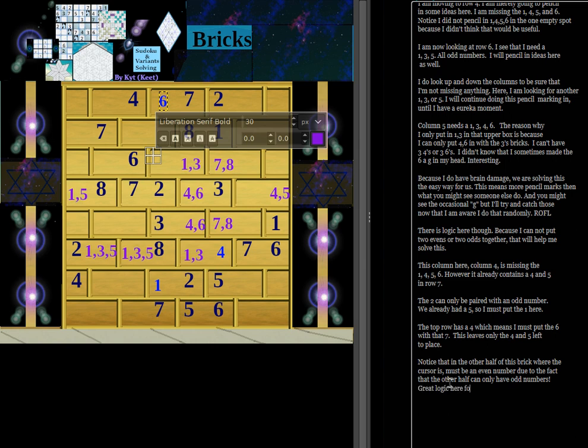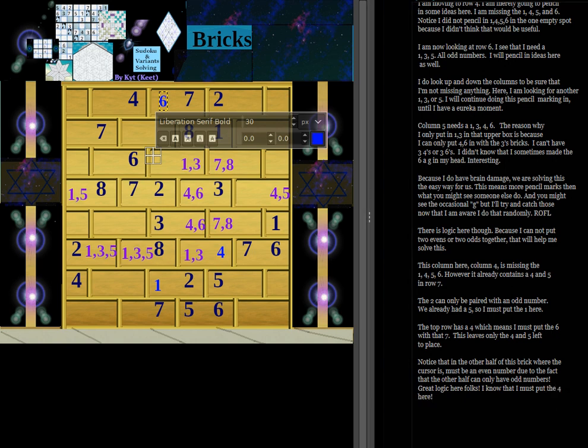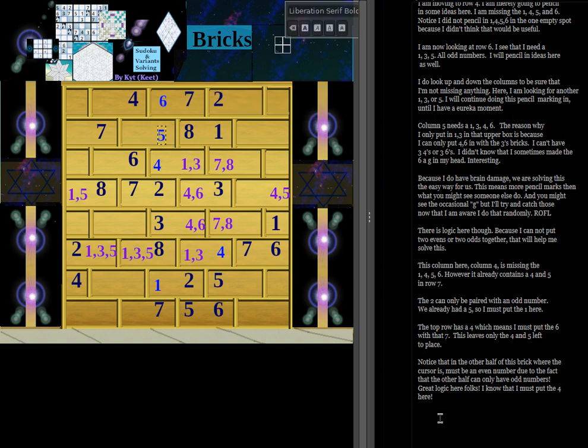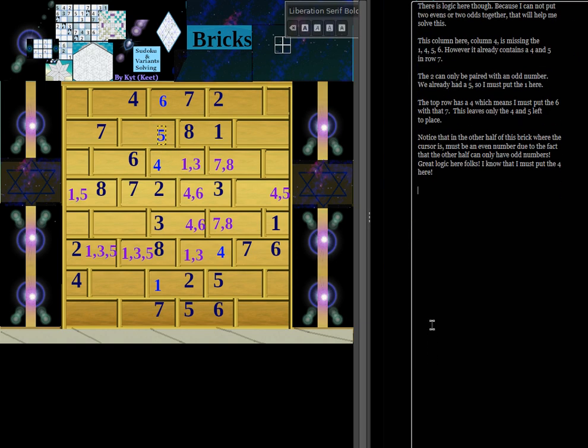Great logic here, folks. I know that I must put the 4 here. That leaves the 5 here, and